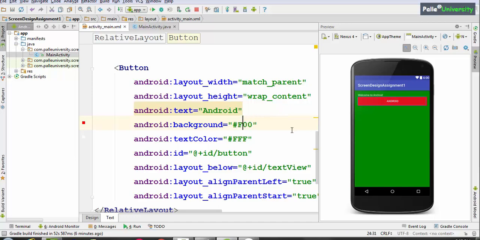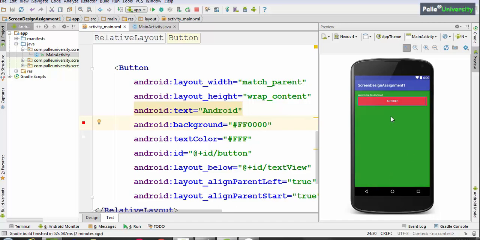Same button color, which is red, either I can convey in RGB format, or else if you want more color combinations, you can go for a 6-digit combination. So let me show you. FF, that is thick red. For green, no green. For blue, no blue. You can represent colors like this also. But be careful, whether it is RGB format or RRGGBB format, the hash symbol is mandatory.